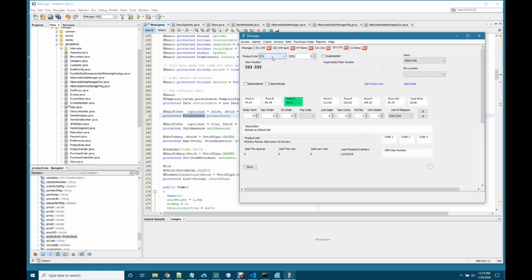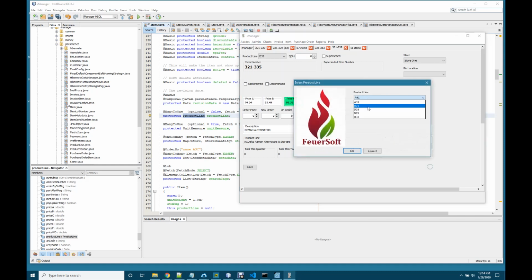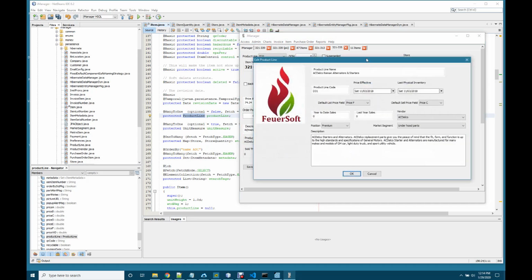So if you look at the product line here, you see it's D31, and if we go into product line, let's check that, D31, this is the record. So this is the object, product line. This is one of the product line objects that's in the database, and its product line code is D31. Product line is AC Delco, reman, alternators, and starters. And it has some information about the product line itself, like when did we take the last inventory on this line? What's the default list price for this line? What's the default sell price? And if you look here,